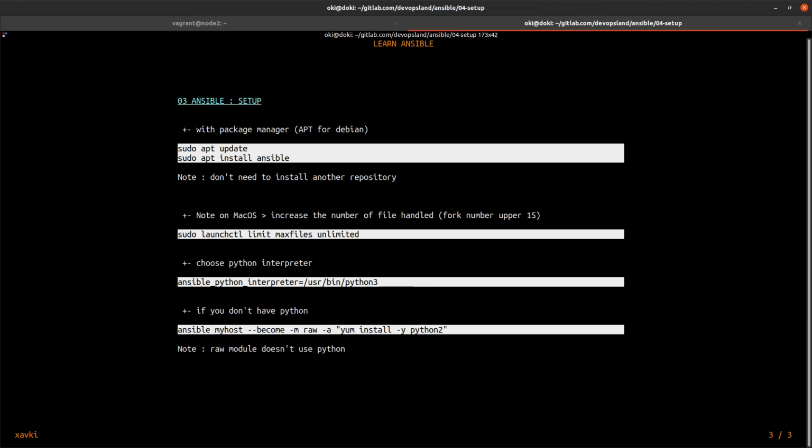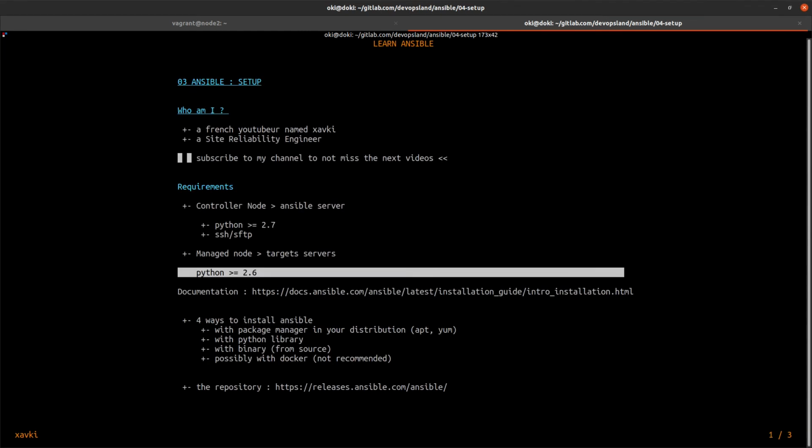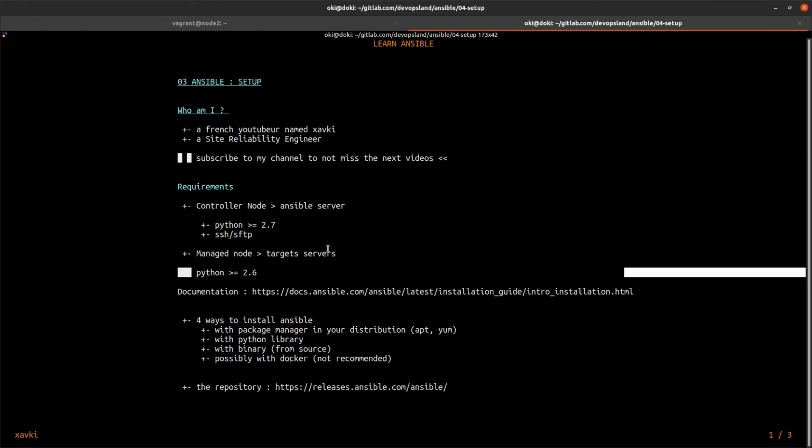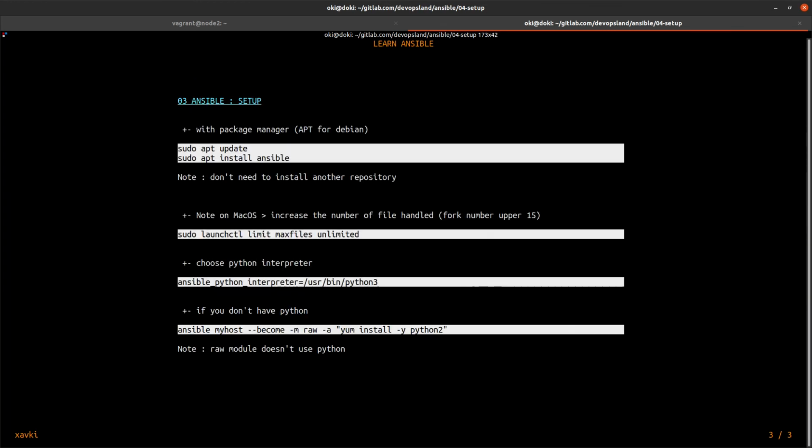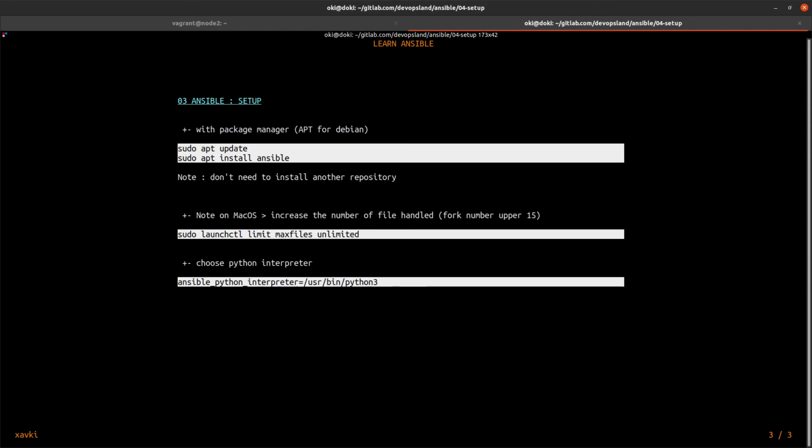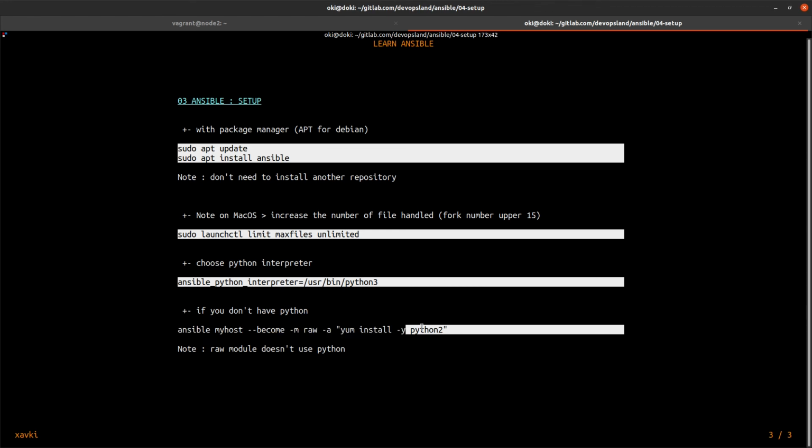And another command maybe. If you don't have Python on the target server, because we see in the first slide we must have Python version higher than 2.6, and you want to use Ansible, you can use Ansible with a specific module. We don't use Python, like this CLI.